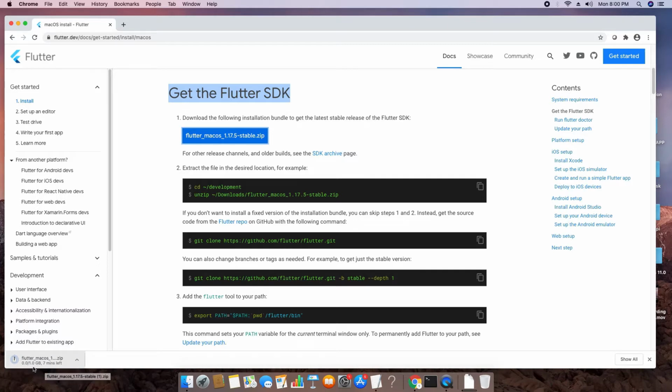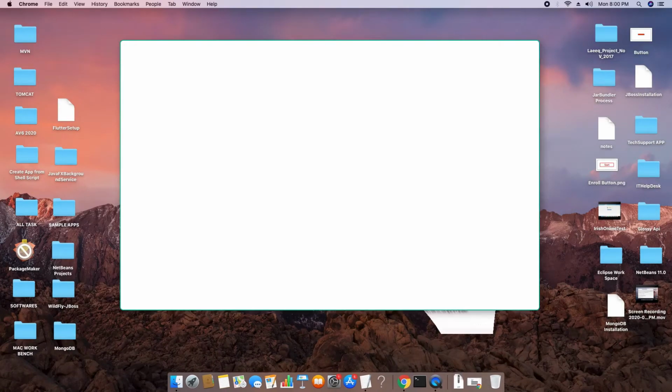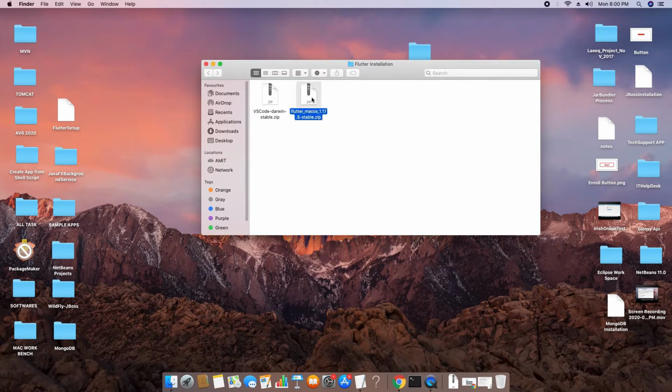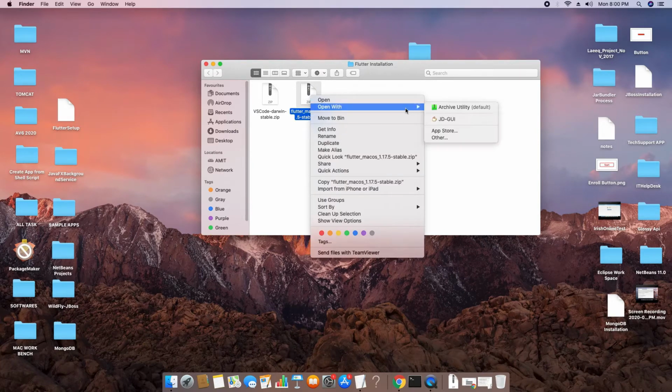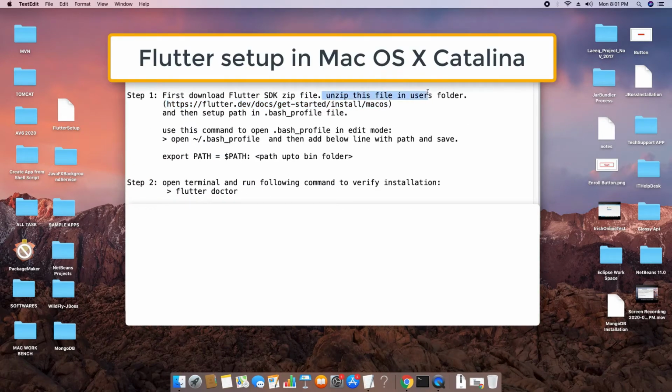The size is big. To save time, I have already downloaded it before making this video, so we will refer to that file. I suggest you copy this file somewhere on the drive from the download location. I have created one folder and placed that zip file right here. Now we have to unzip this file and place it in the right location on the drive. First I will go to Users and select the user, and there I will place it, because this is the most common and the safest place to put this file.